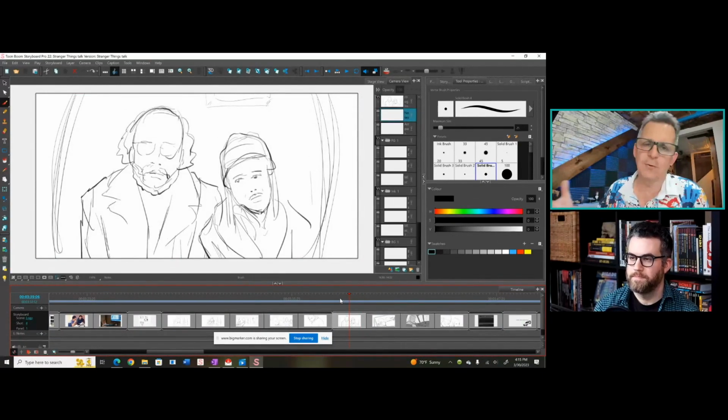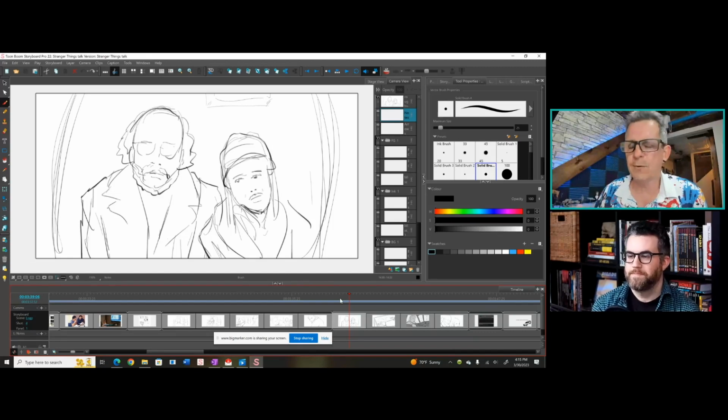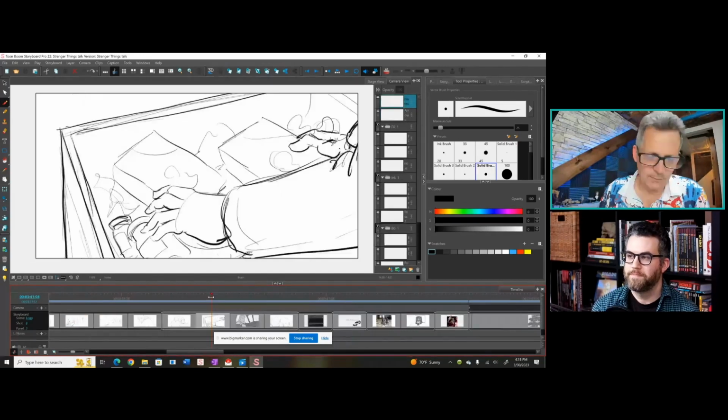If a character is moving across a screen, I'll sketch that character on a separate layer and do the move. So even in the thumbnail stage, as we're going, we see the flow, and the director can see, are the shots working the way they see them in their head. So that's one of the reasons that we end up with extra shots.